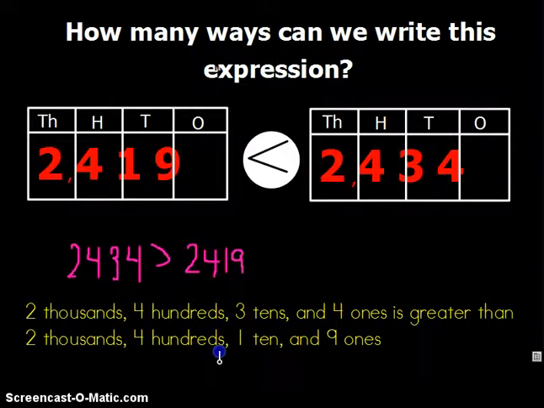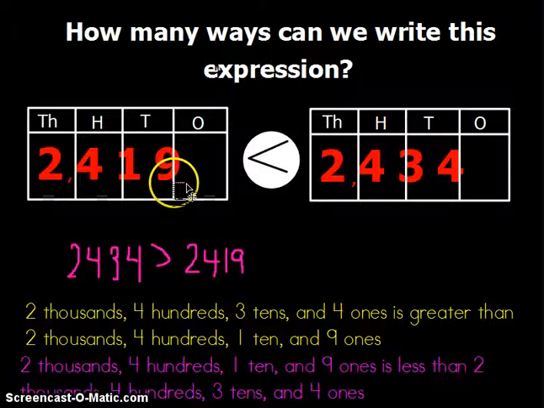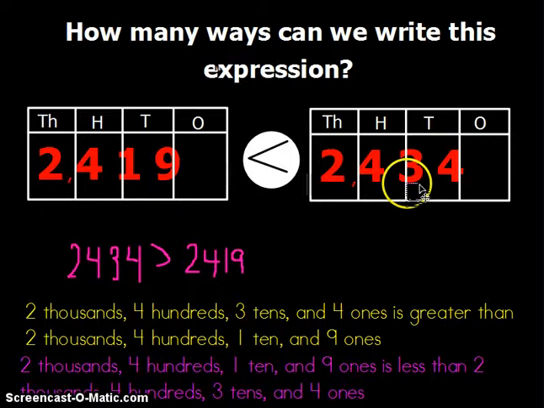Or we can write it out in words. 2 thousands, 4 hundreds, 3 tens, and 4 ones is greater than 2 thousands, 4 hundreds, 1 ten, and 9 ones. Or we can flip-flop our numbers around and read this right here. 2 thousands, 4 hundreds, 1 ten, and 9 ones is less than 2 thousands, 4 hundreds, 3 tens, and 4